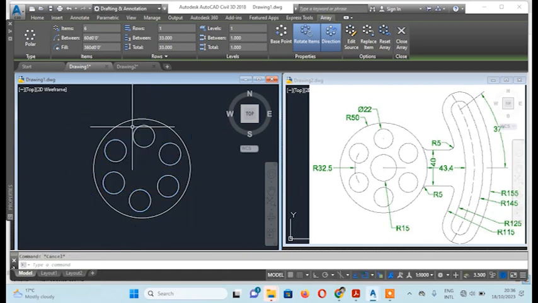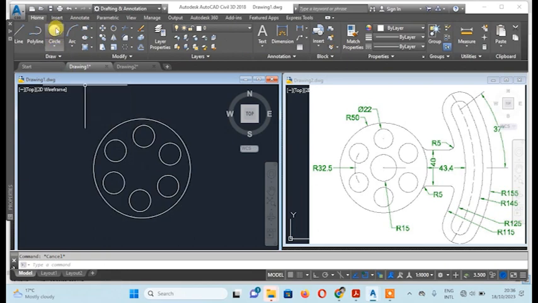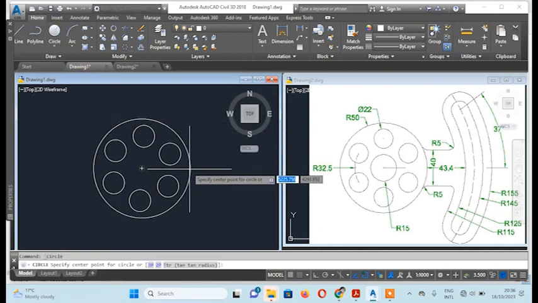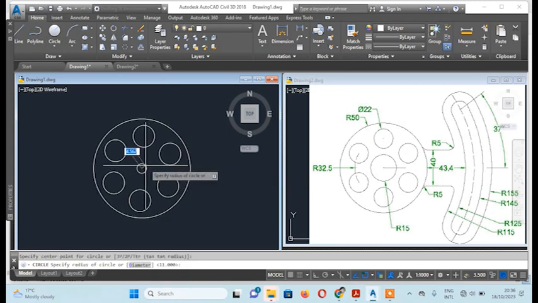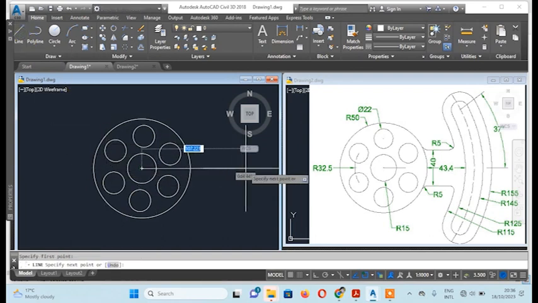Afterwards, we're going to draw the inner circle, which has a radius of 15. So the center point again is just the same, they're sharing. Then the radius is 15. Press enter. Okay, now there you have it. The next thing I want to do is draw a line, and that passes through the center and being horizontal. So I'll make sure I lock my ortho mode, then draw a line